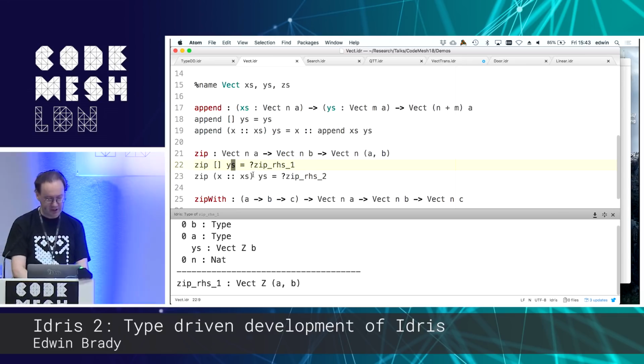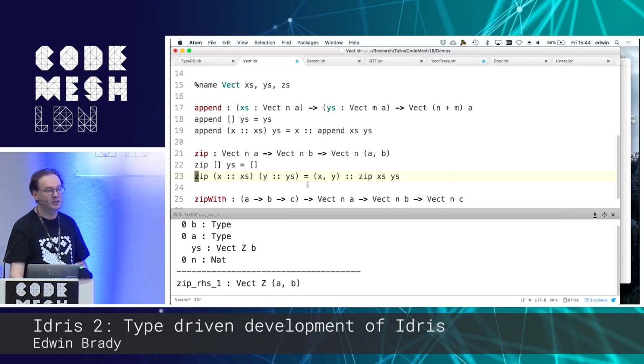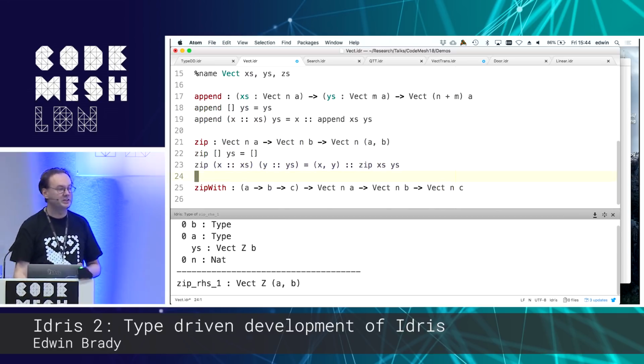So if I try to do a case split on y's, it's not going to give me the non-empty case because there isn't one. It's not valid. So if I do that case split, I only get the one possibility. In the second example, if I do the case split on y's, I only get the one possibility. And I didn't really need to bother doing that because, again, all of the moves are forced. We'll just look for the definition of zip. Zip with is the same as